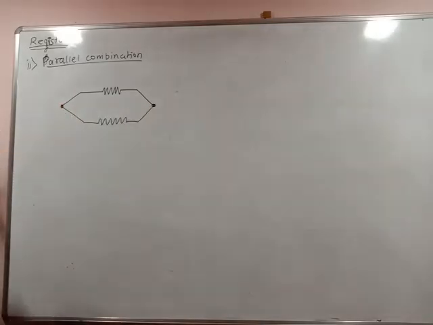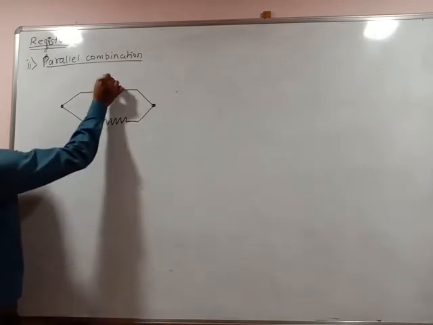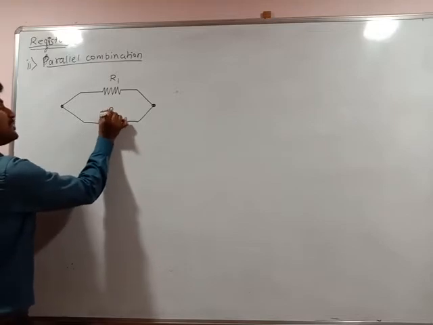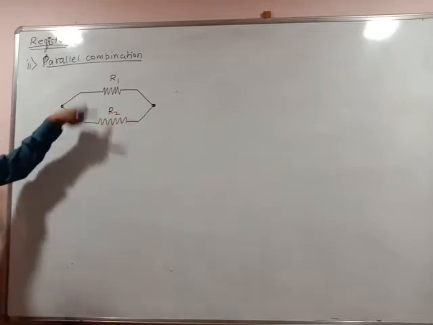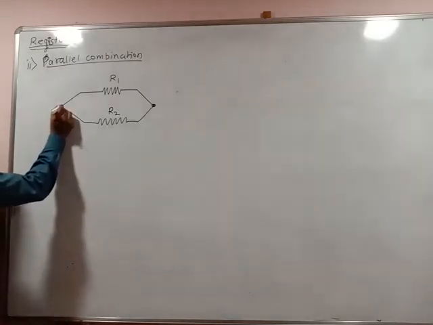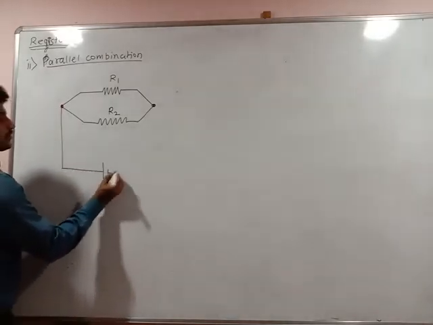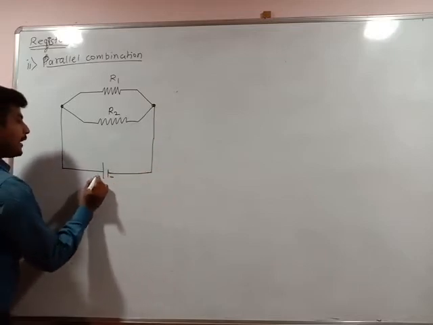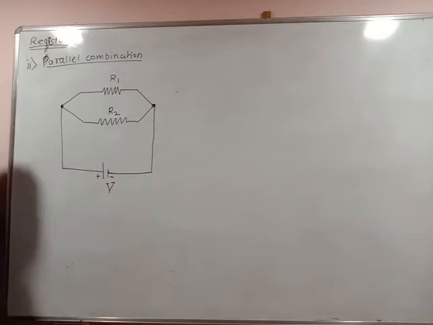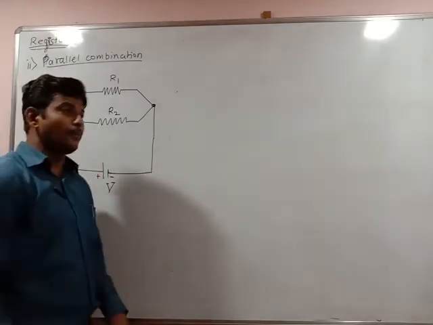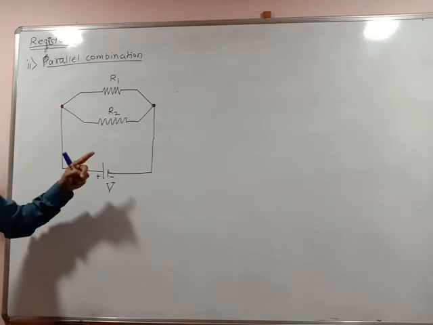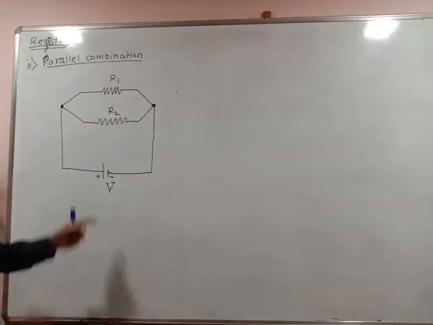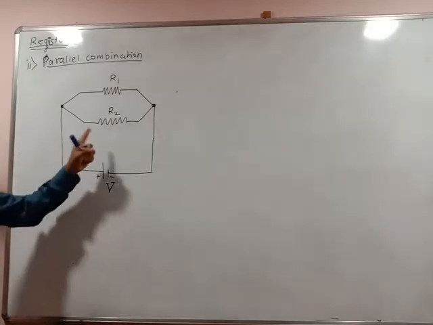So these two resistances: one resistor of resistance R1, second resistor of resistance R2. Now they are connected in a parallel combination. Again they are connected to the source of the circuit like this, negative and positive. So this is a potential difference applied across the parallel combination. What the effective resistance and equivalent resistance across the circuit is, and the voltage drop or current, we are going to find here.